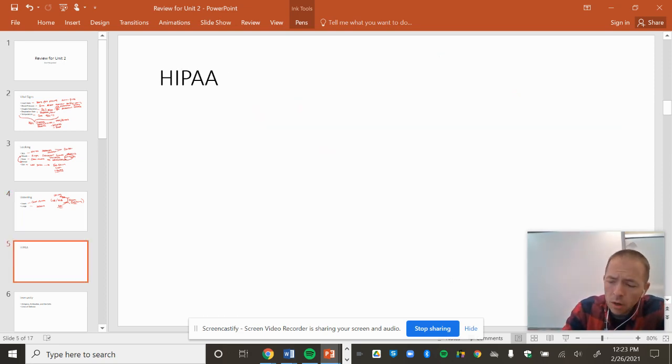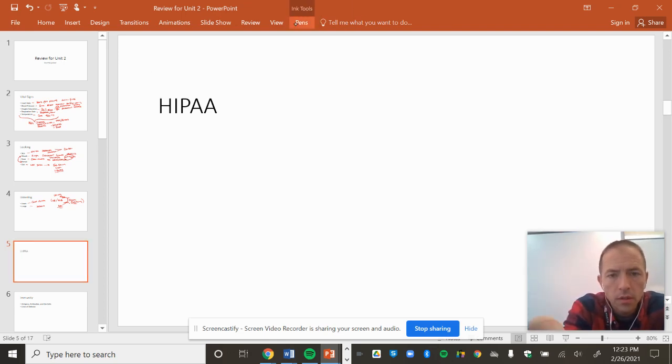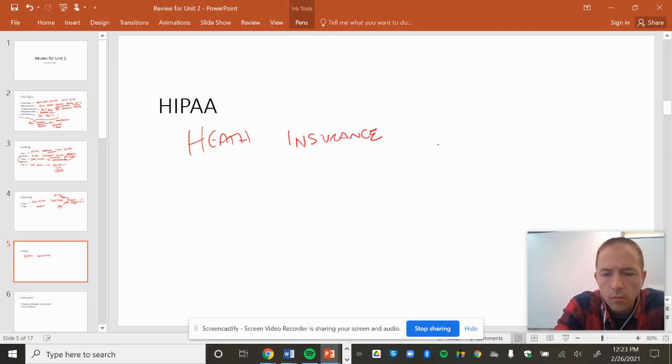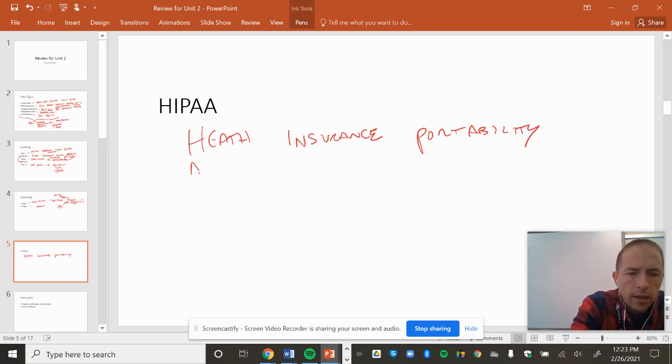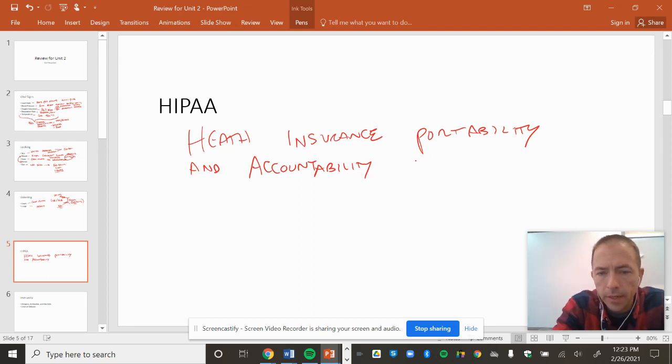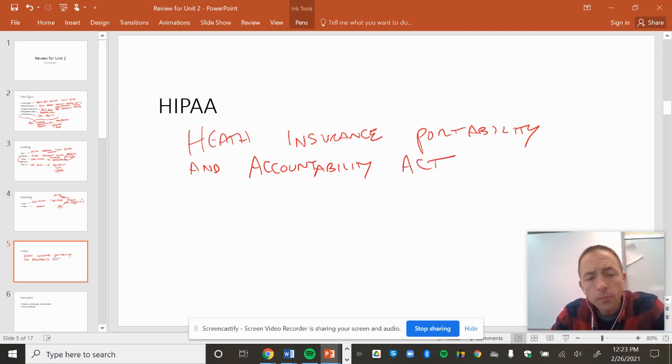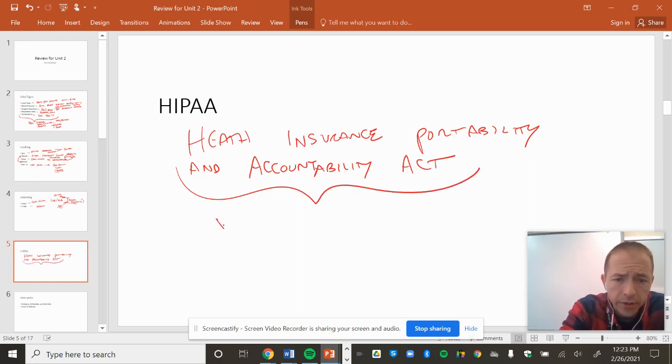Now with HIPAA, we need to understand the basics of what HIPAA is and what it all means from that perspective. So this is the Health Insurance Portability and Accountability Act. Sorry for writing, my handwriting is really bad today. Okay? So what this is saying is that your health records